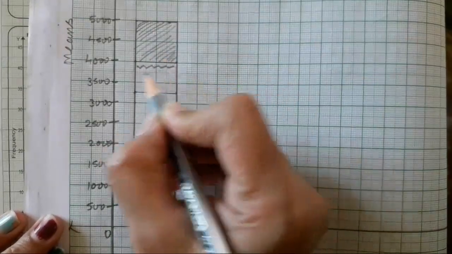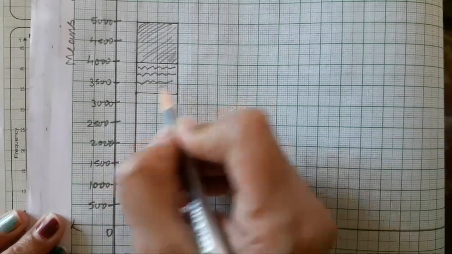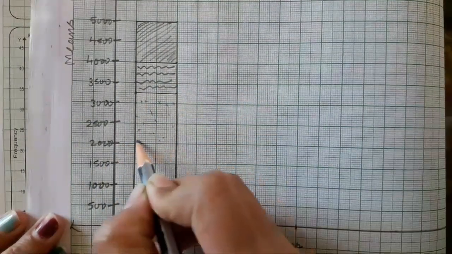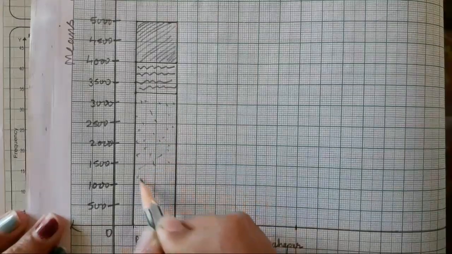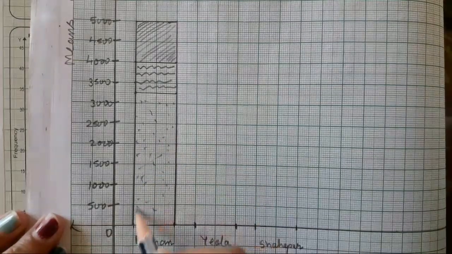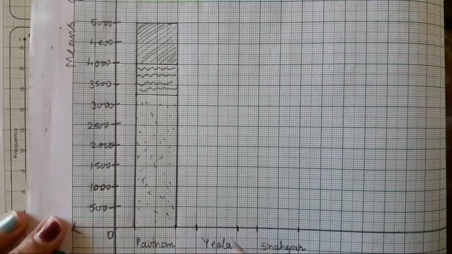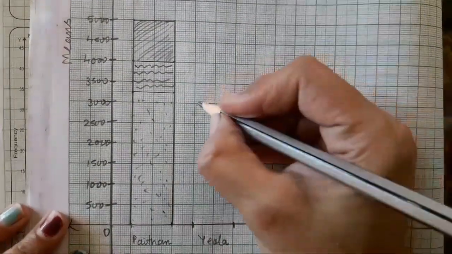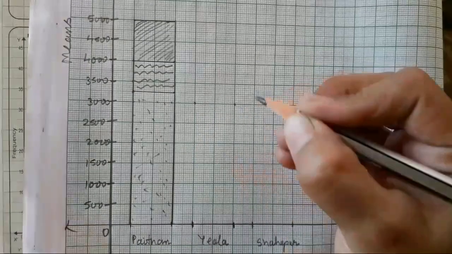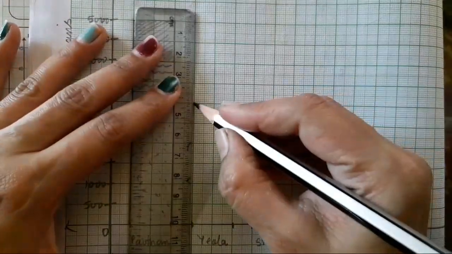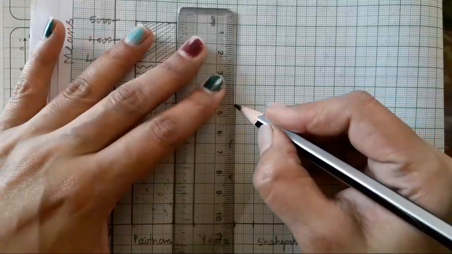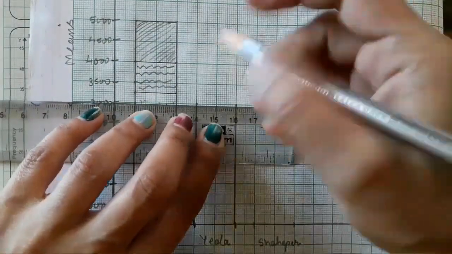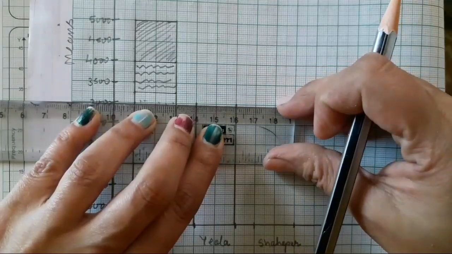Over here we have decided for the waves, and over here dots. So you all can mark it. Okay, now next is Yevla. So Yevla's total was 3000. So 3000 is over here. Draw a bar. I hope you all are understanding, children. If there is any queries, please let me know in the comment section. Don't get confused, it is very easy.